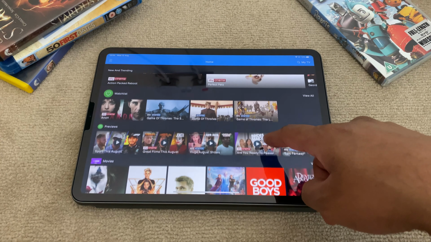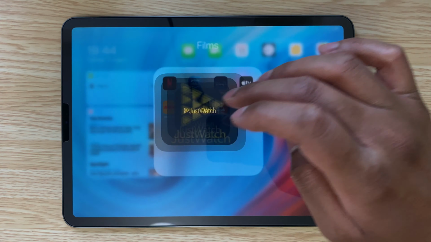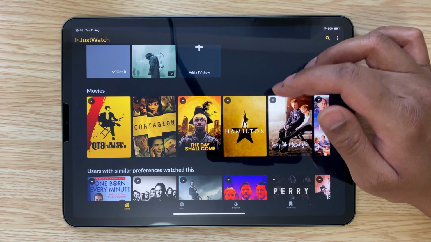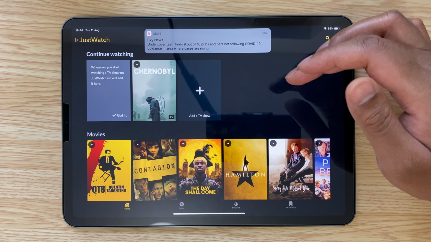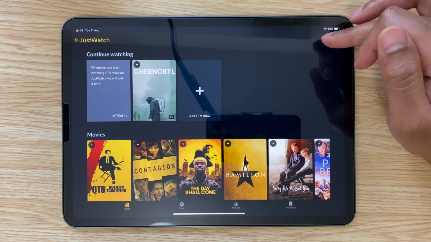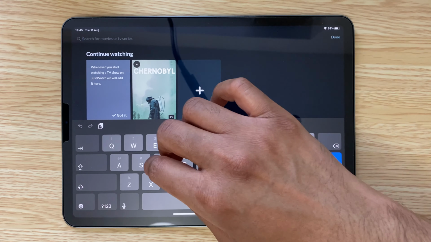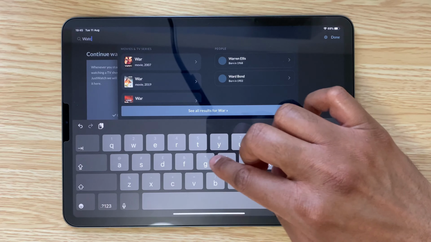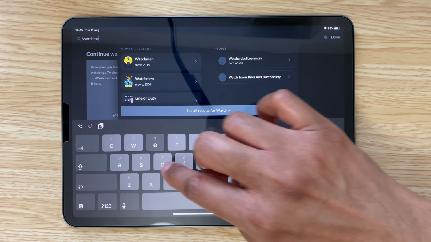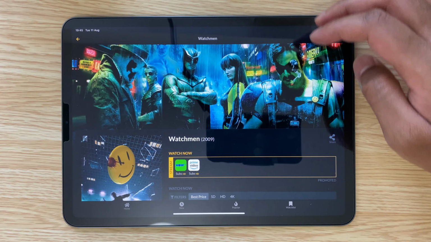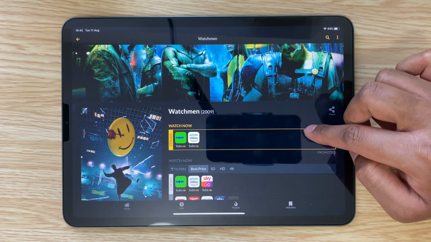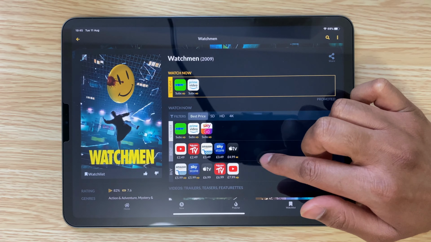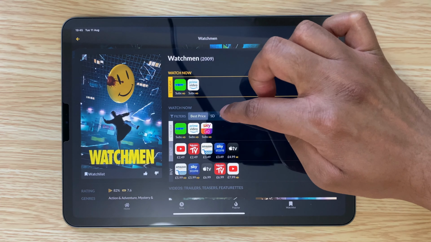Then I have an interesting app called Just Watch. And I do recommend this for every movie lover, as it gives you a list of services where you can stream or buy films from. You can add as many sources as possible, and then it lists all the places where you can stream the movie from. Or if the movie is not available for streaming, it lists the sources from where you can buy it, and it also orders it according to the best price. Really useful app for all movie lovers, and I do recommend this.